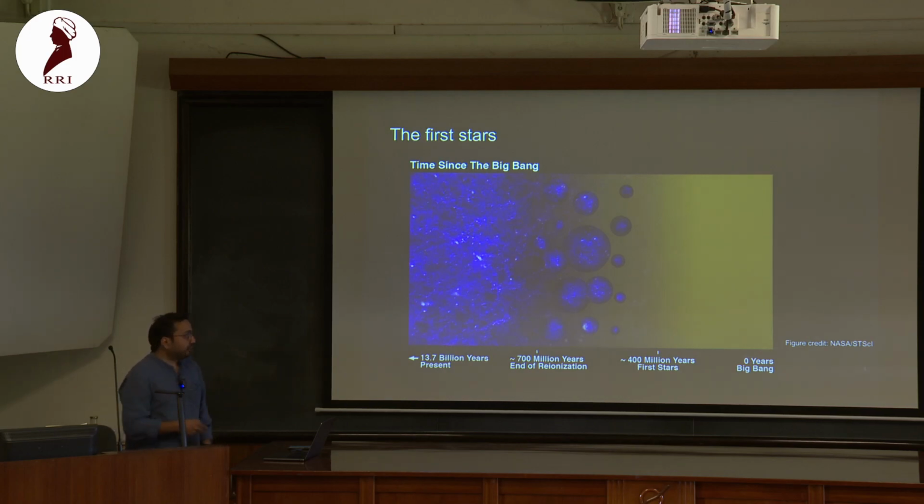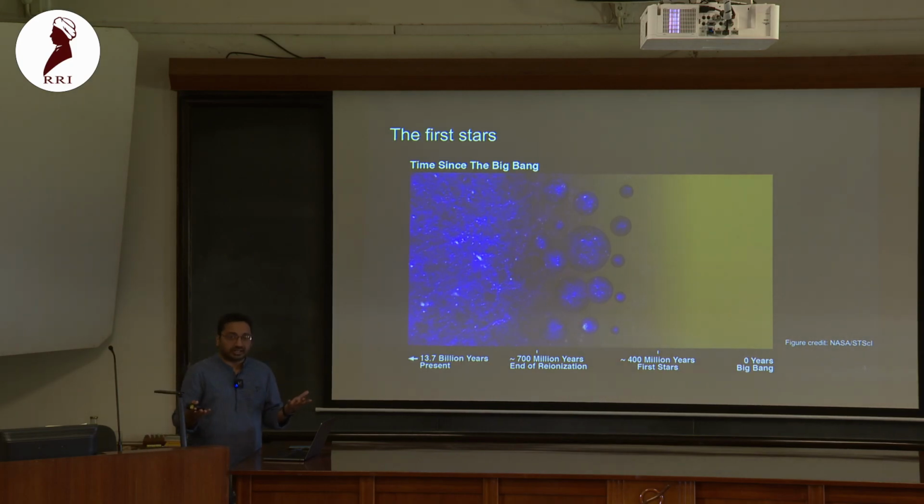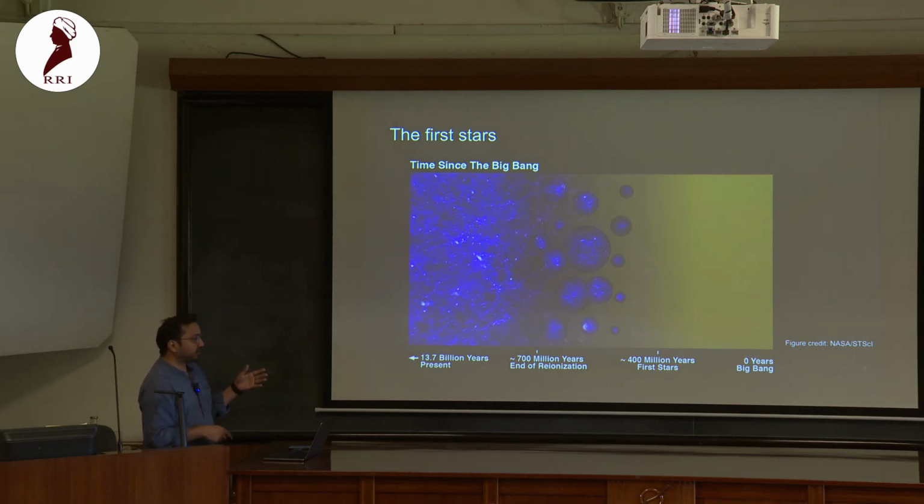A very simplistic picture of that process is right here, which is we have really just gas and photons in the very early part of the universe, which we call the dark ages, and there is very minimal interaction between them. That seems to change when we have these very first stars forming, because we have these gravitational instabilities, we have overdense regions, and that leads to formation of these very first structures. And radiation from these structures starts to ionize the gas around them. But in the very early part of the universe, we're talking about some 400 million years after Big Bang, these processes are very local, simply because there is so much gas around that it's also competing with recombination.